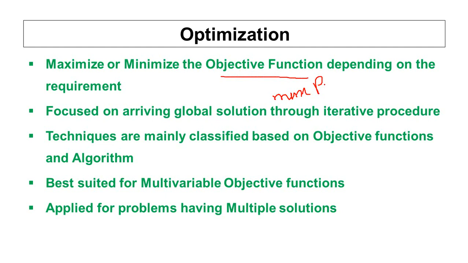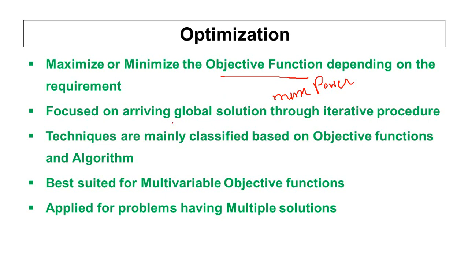As I have told you in the coin example, if our objective function is a maximization objective function, then you have to always go with the 10 rupee coin, or if it is the 100 rupee coin, you have to always go with the 100 rupee coin, depending on the requirement. If the interest is going to be 0, then you have to go with the 1 rupee coin. If the objective is to take only the 1 rupee coin, that is a minimization problem. If the objective is to always go with the 100 rupee coin, that is a maximization problem. That is what this optimization is all about.